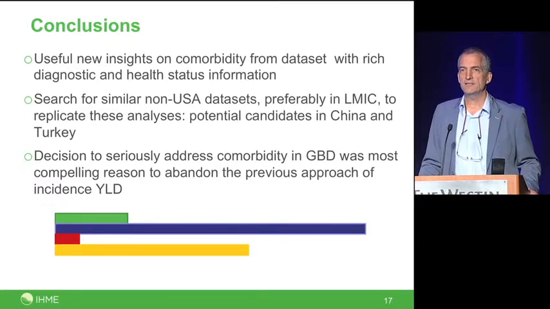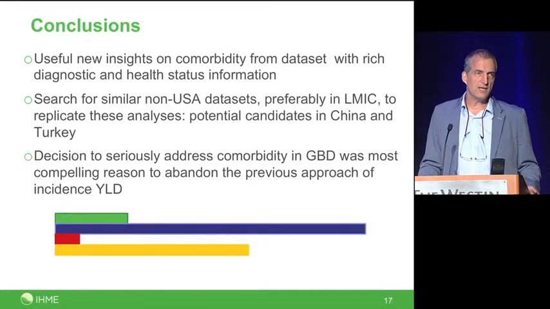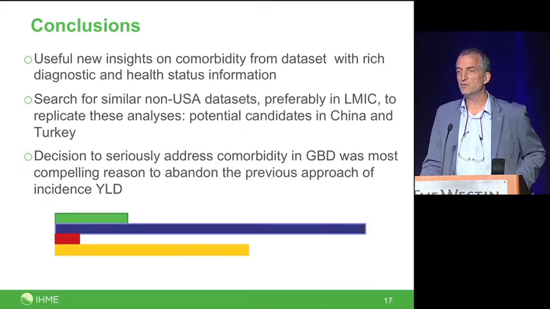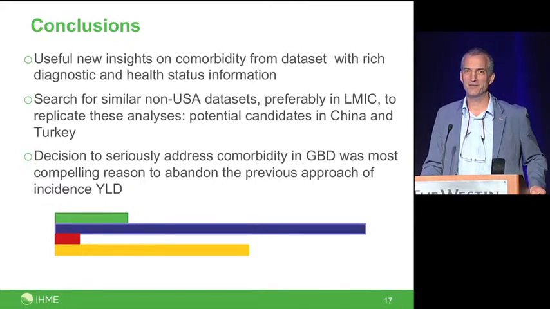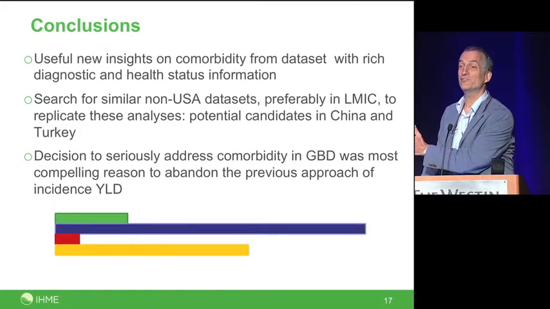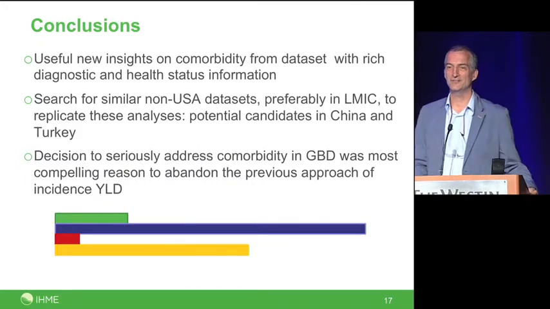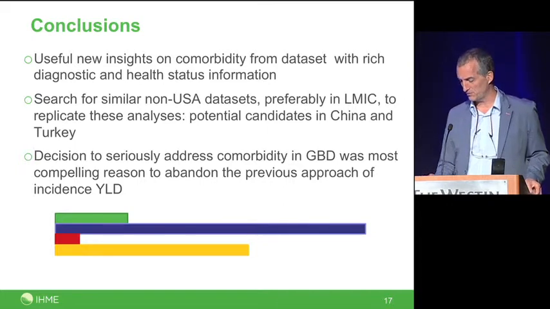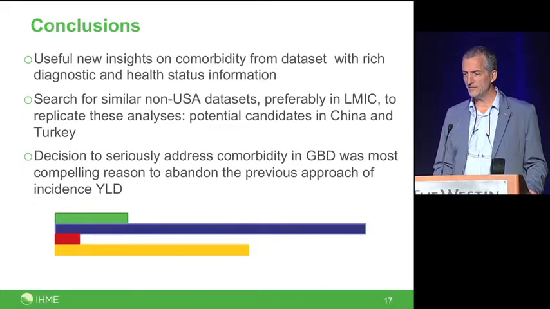One last statement is that the decision to more seriously address comorbidity was the most compelling reason to choose prevalent YLD over incident YLD as we have done in the past. Because just try and think of how it works if you have to do a proper comorbidity correction on future streams of ill health, which you do with an incidence approach. So just showing it here,